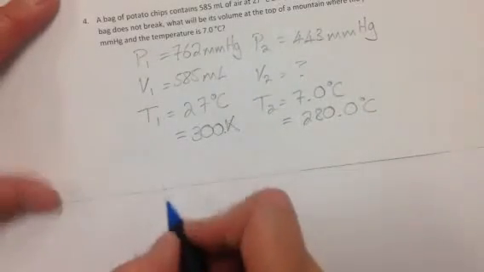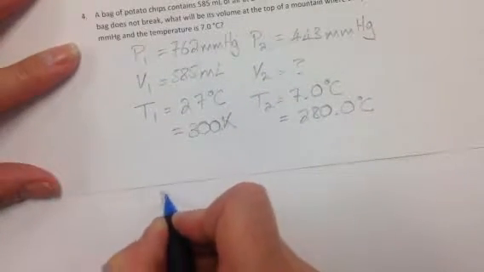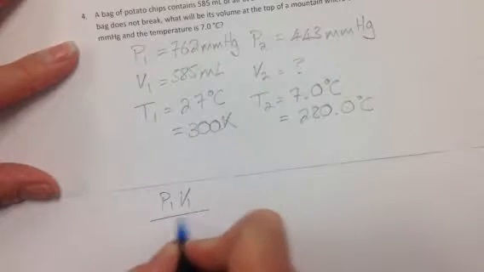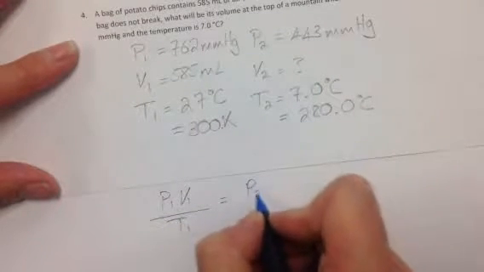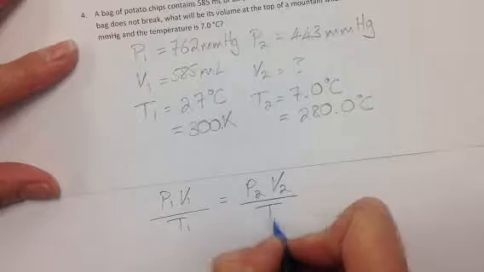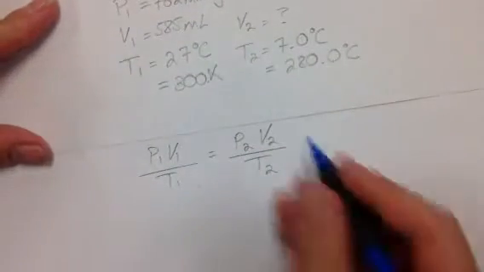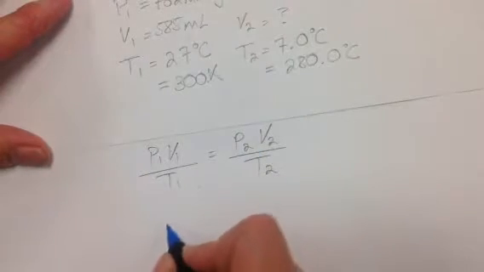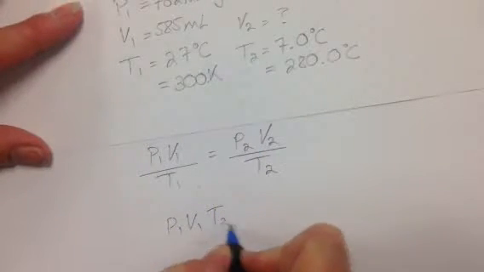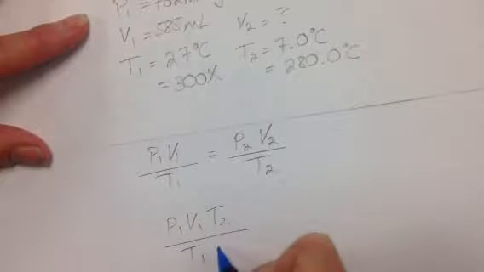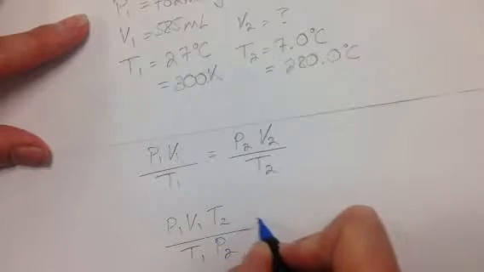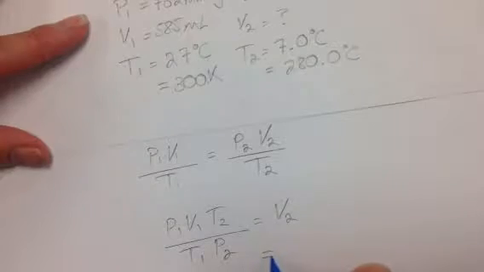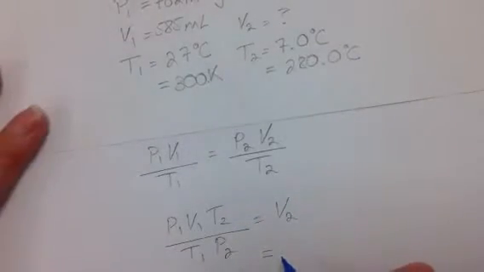Let's write down our equation over here. I'm running out of paper. Actually, let's do it underneath. So we've got our equation, which is P1 V1 over T1 equals P2 V2 over T2. We are rearranging to solve for V2, so we need to multiply by T2 and divide by P2. So P1 V1 T2 divided by T1 P2 equals V2. And then we just need to plug in our